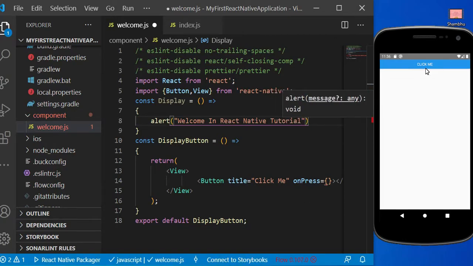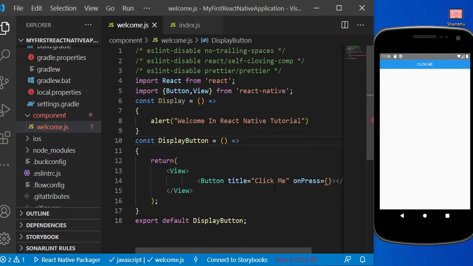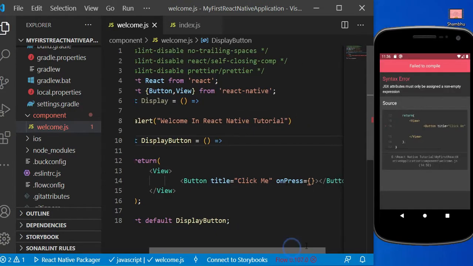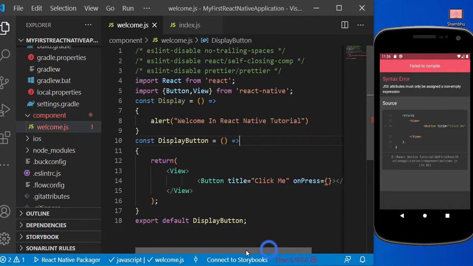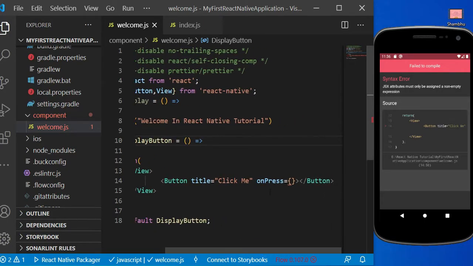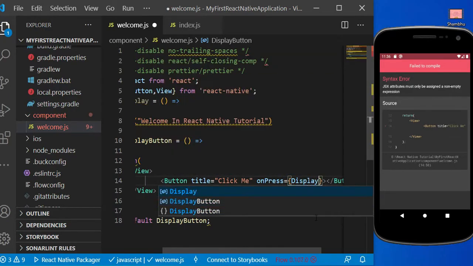Now when we click on this Click me button, that is on press of this button, we will call this function displayFunction. So here just write display.